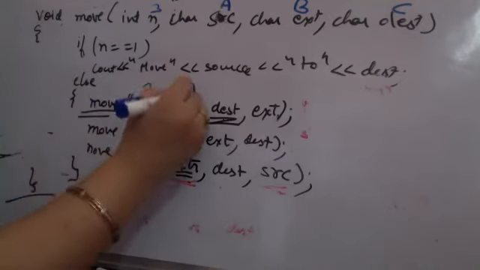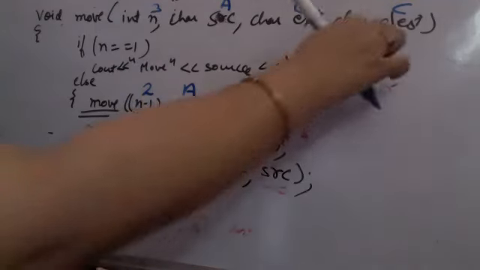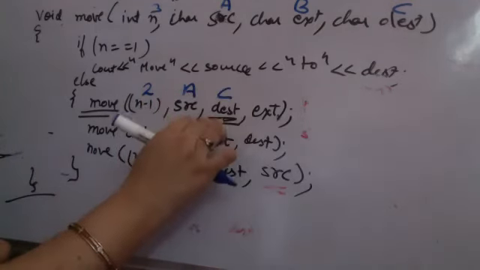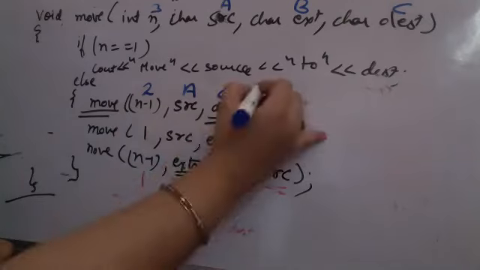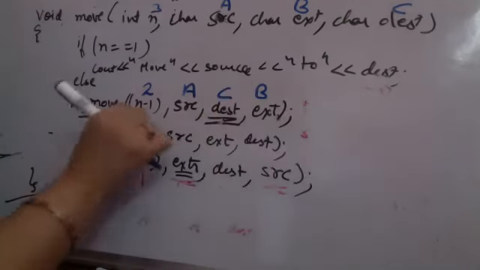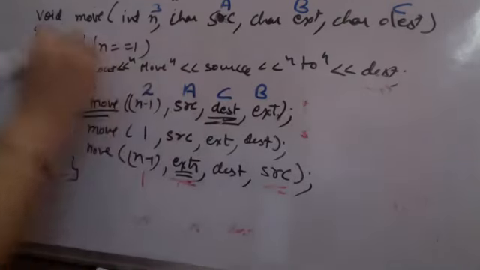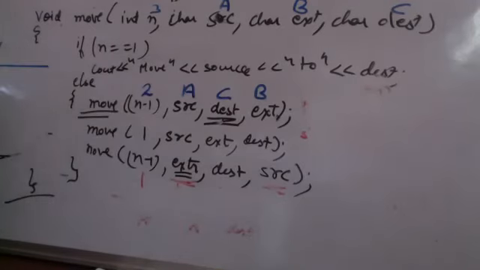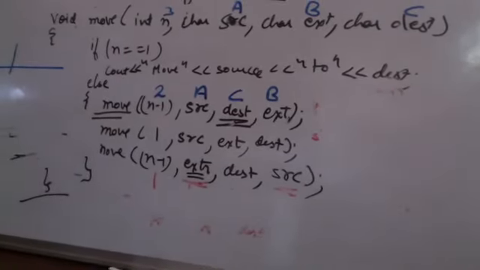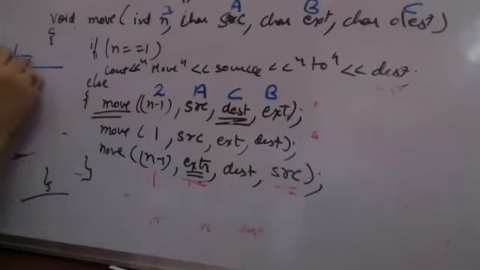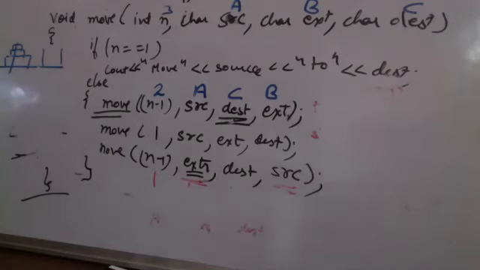Source is A, destination C वाला जो है वो becomes the spare now. और हमें करना क्या है, हमें A से B पे शिफ्ट करना है 2 डिस्क को. तो अब हमारी जो इनिशियल प्रॉब्लम थी उसमें हमारे पास A पे 3 डिस्क्स है, B और C इनिशियली खाली हैं. हम क्या चाहते हैं कि ऊपर वाले 2 डिस्क किसी तरह B पे आ जाए, तो हम सबसे नीचे वाले डिस्क को C पे शिफ्ट कर देंगे.